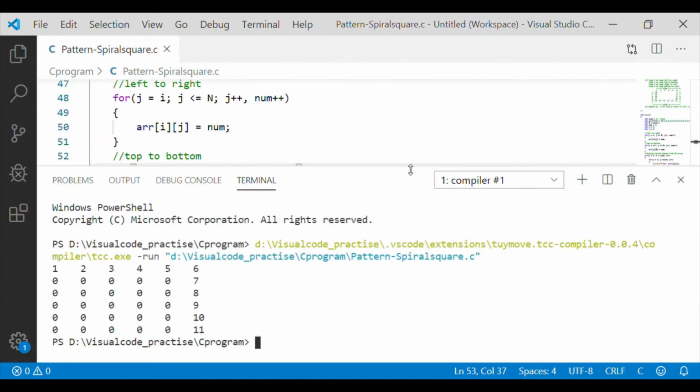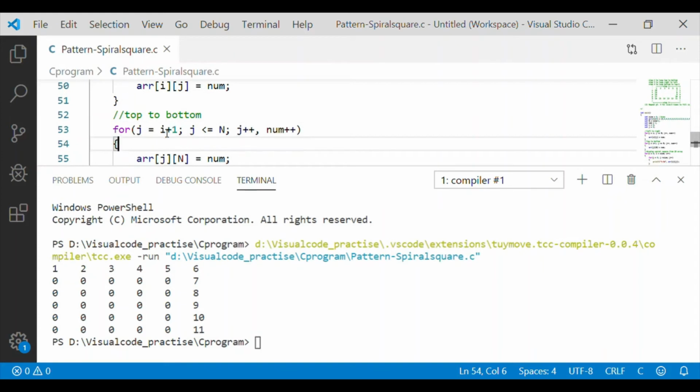We can see it is incremented from 7, 8, 9, 10, 11. 11 is the bottommost row and right hand column of the square. As the for loop is initialized from i plus 1, it started below 6, otherwise it would have overlapped in the position 6 itself, and it continued till j less than or equal to n.